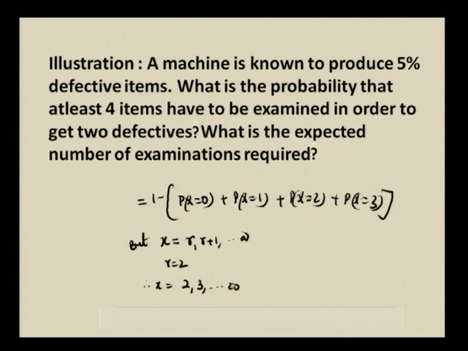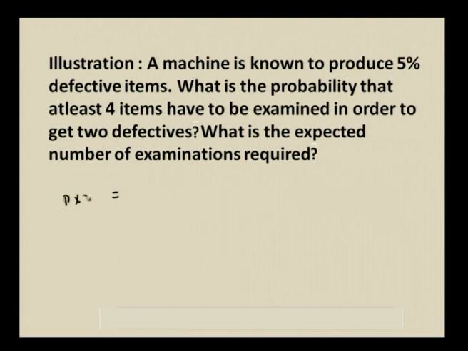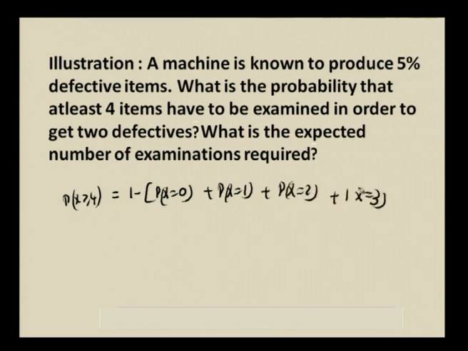So in P(X ≥ 4), where you have simplified 1 minus P(X = 0) and P(X = 1), these are ruled out. You will have only 2 and 3, because x is taking the values only from 2 to infinity. So x = 0 and x = 1 are not possible, therefore you have only 1 minus P(X = 2)